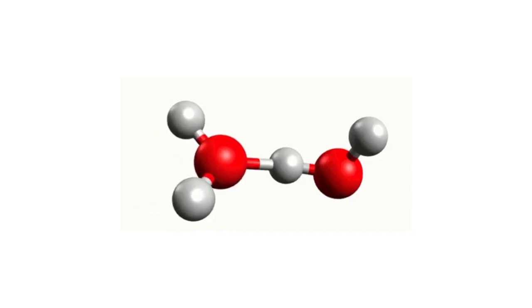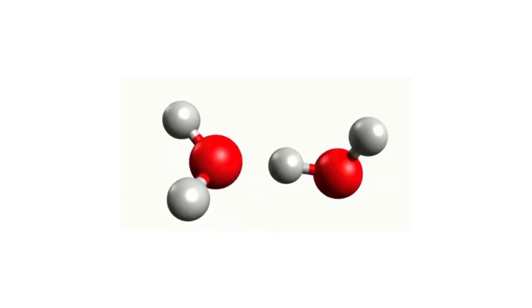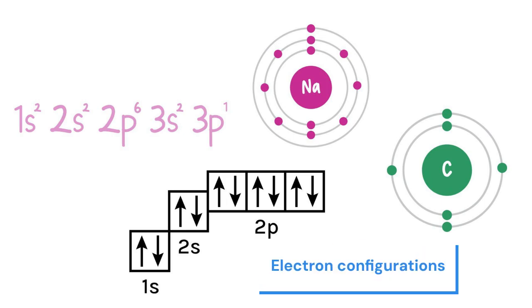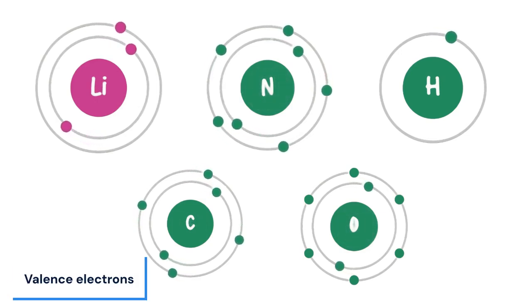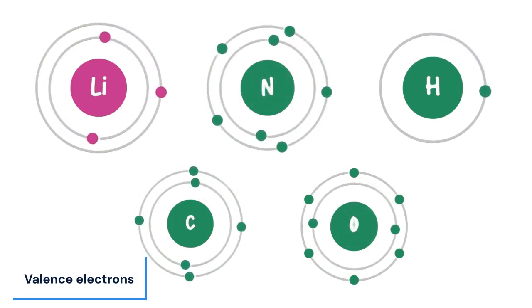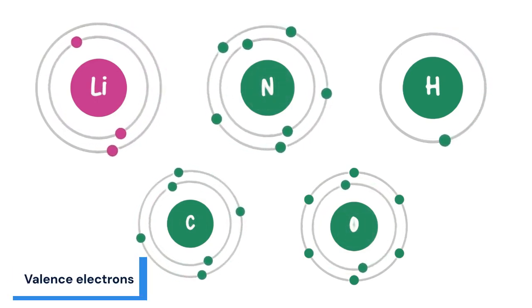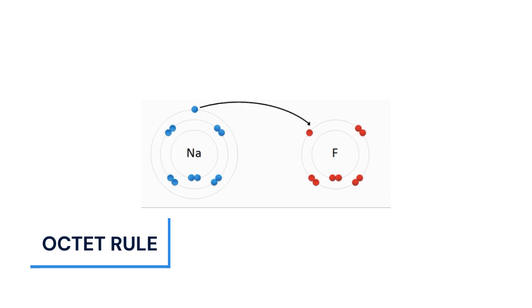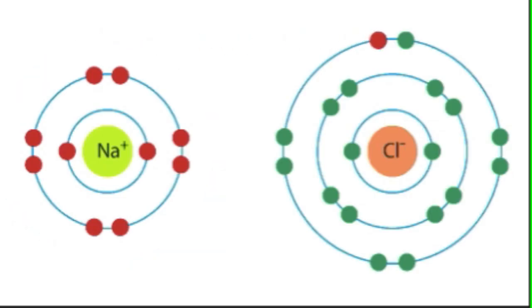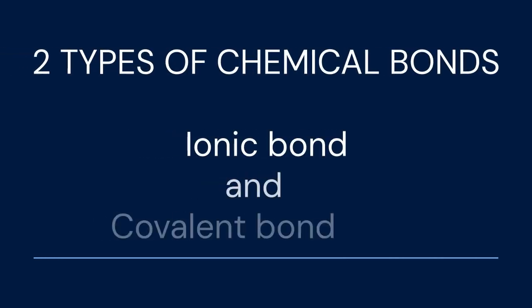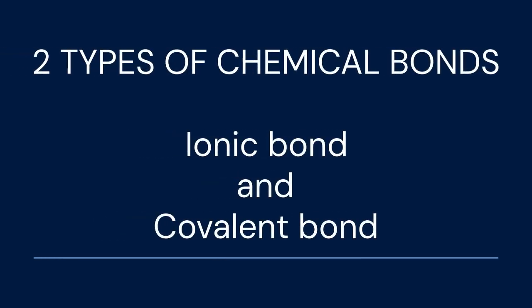Atoms don't exist in isolation in most substances. They bond together to form compounds. But how they bond depends on their electron configurations, especially the electrons in their outermost shell, known as valence electrons. Atoms are more stable when their valence shell is full, usually with 8 electrons, known as the octet rule. To achieve this, atoms either transfer electrons or share them, giving rise to 2 major types of chemical bonds: ionic